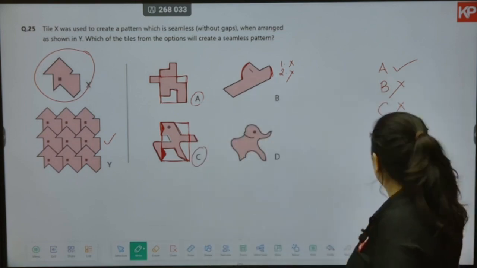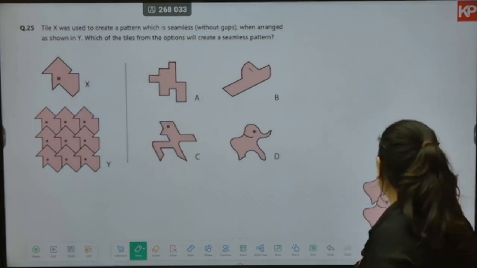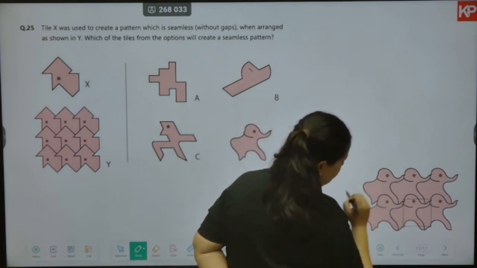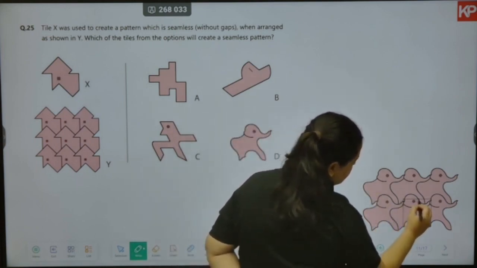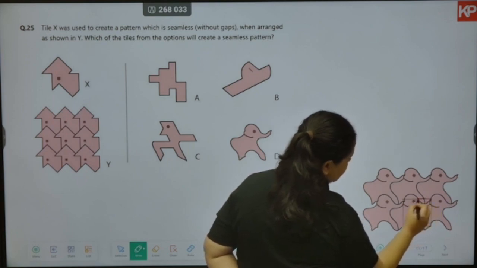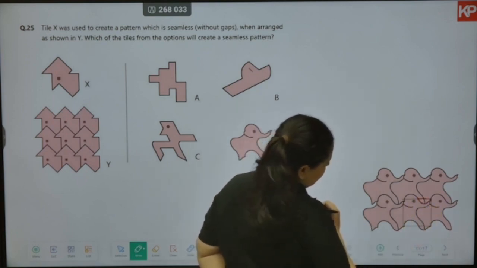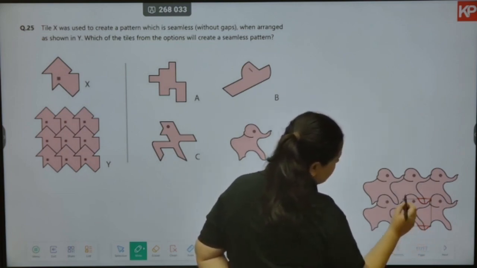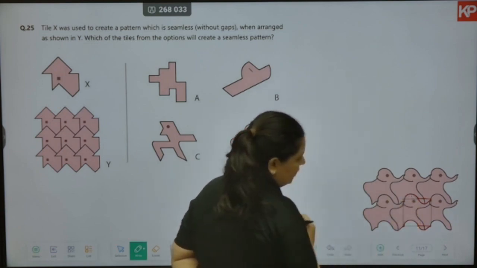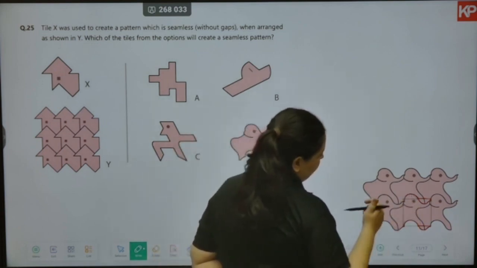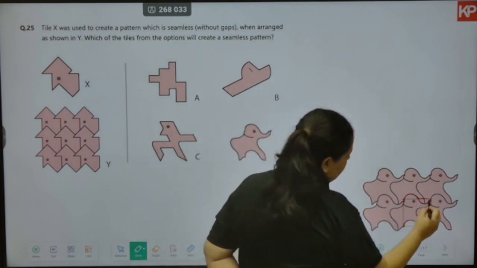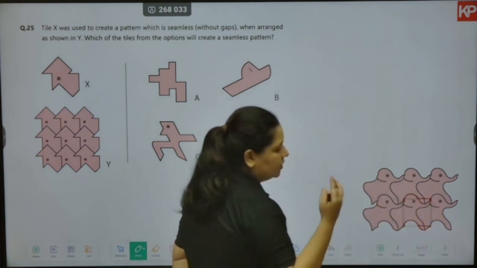Let's check what is happening with the elephant in option D. If we try and make a square around it, let's check what is happening. This semicircular or U kind of thing is getting subtracted from here and it is getting added over here. This curve is getting subtracted from this and it is getting added over here. Okay, for top and bottom we are good to go. We can see that it is going to tessellate. Now what is happening with this? You have a small portion which has been deducted from here and the small portion has been added towards the right near the